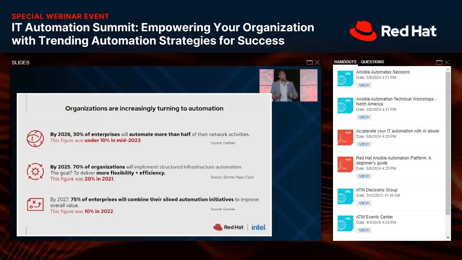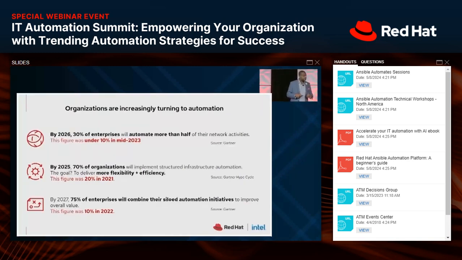So in 2026, 30% of enterprises will automate more than half of their network activities, right? In comparison to 2023, it was only 10%. So there are incremental increases that organizations have identified, that it is really important to focus on automation. By 2025, 70% of organizations will implement structured infrastructure automation.